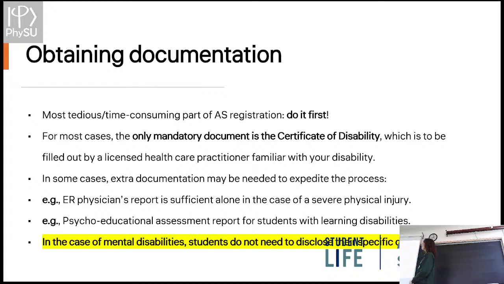Now in most cases, the only document you need is the certificate of disability. All you need to do is go to the accessibility services website and you will find the certificate of disability, or you can just look up accessibility services certificate of disability, and it should be available as a PDF as one of the first search results. But once you have a certificate of disability, then you need to have that